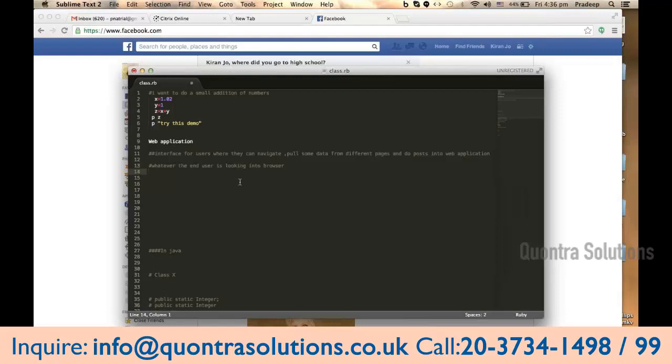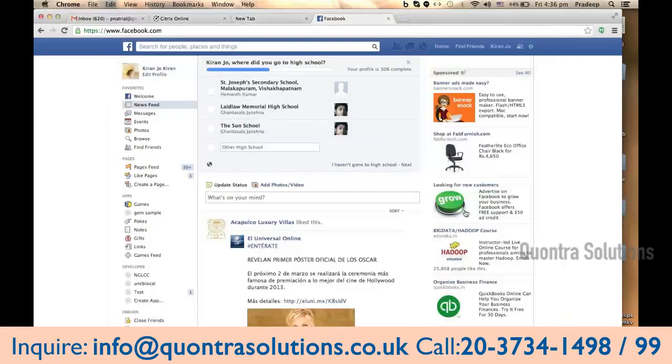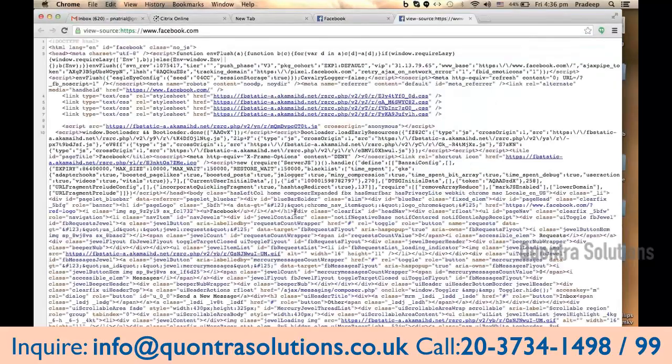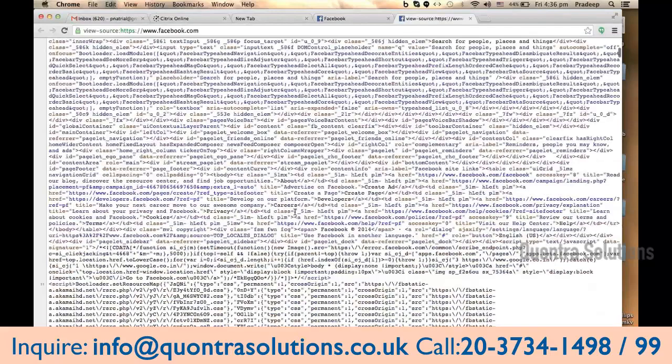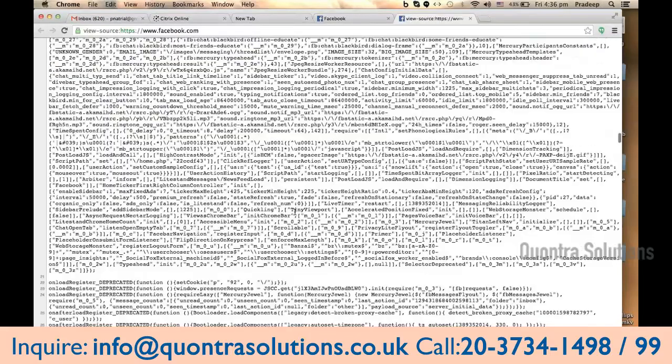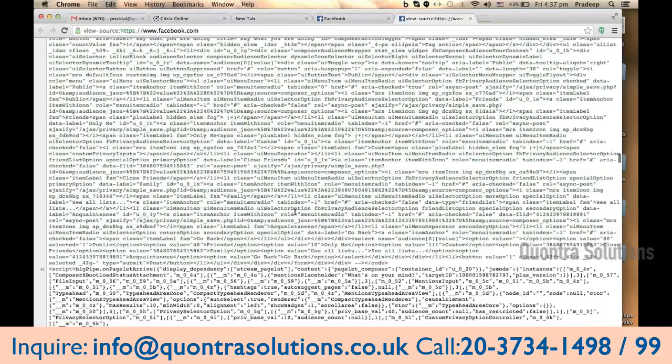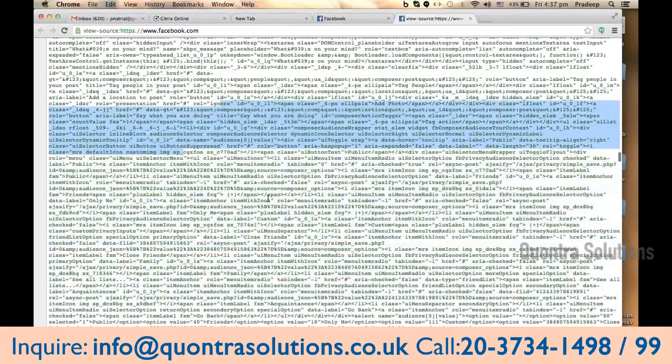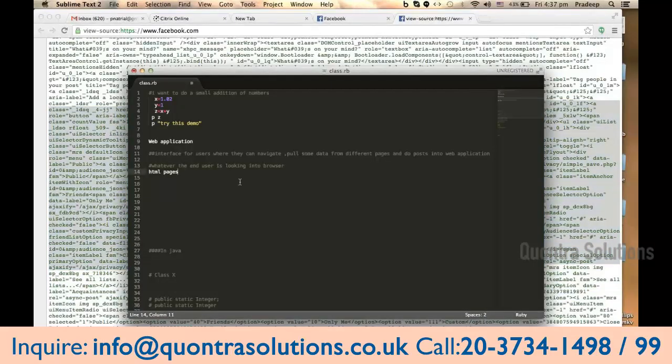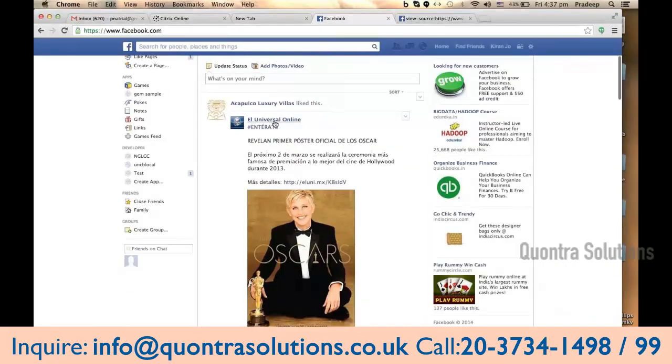In this browser there will be a lot of views, right? These are nothing but HTML pages where some HTML code is written. They had written a lot of HTML code, and some CSS classes and everything have been applied. All these HTML and CSS pages are whatever the end user is seeing.